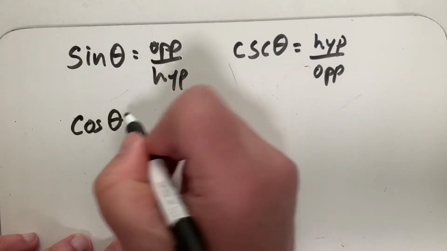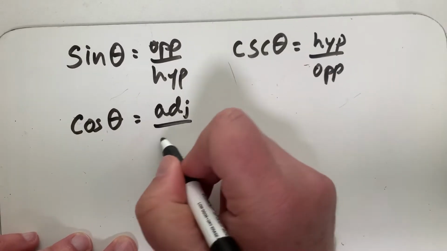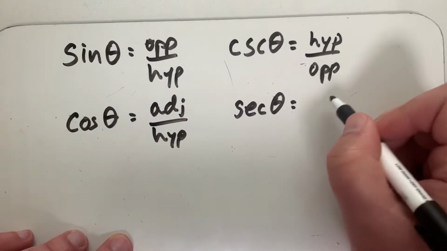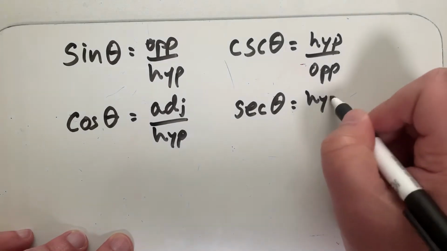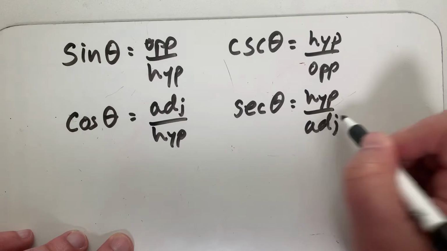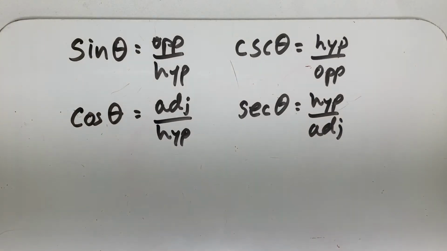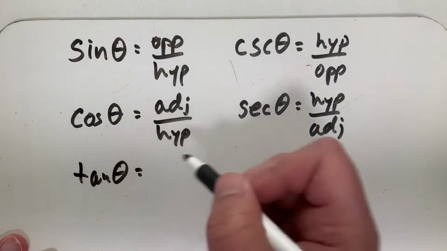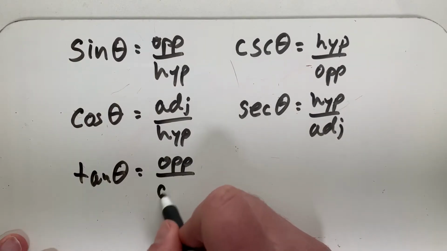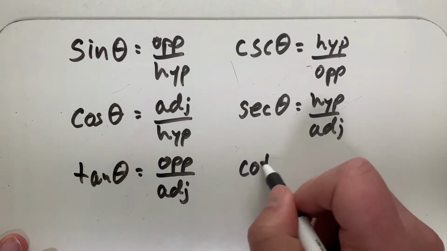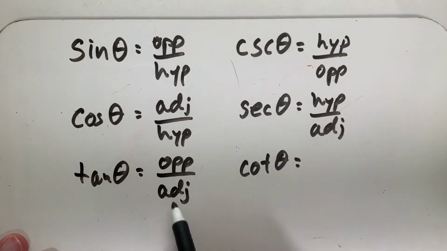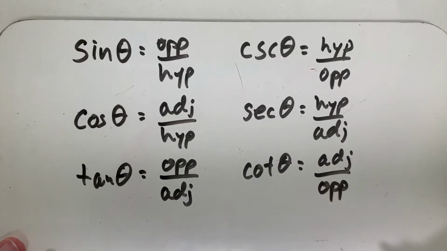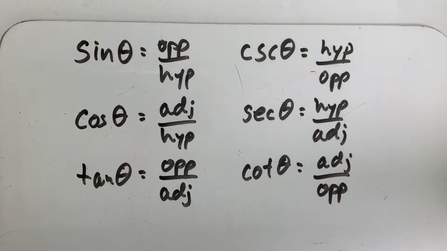Cosine is going to be adjacent over hypotenuse. Its reciprocal function is secant. That is going to be, again, this flipped over. Hypotenuse over adjacent. And we have tangent is going to be opposite over adjacent. And its reciprocal function is cotangent, which is going to be, again, this flipped. So adjacent over opposite. Okay, pause it, make sure you get these in your notes,